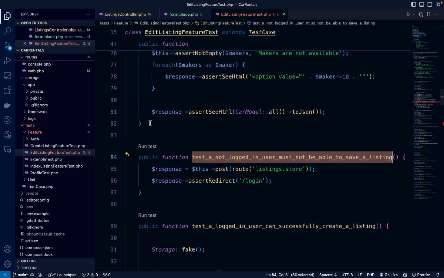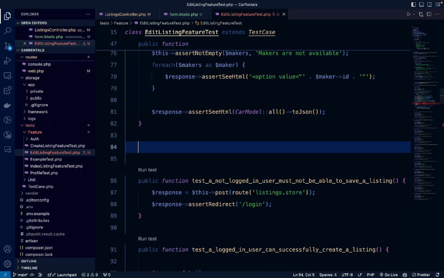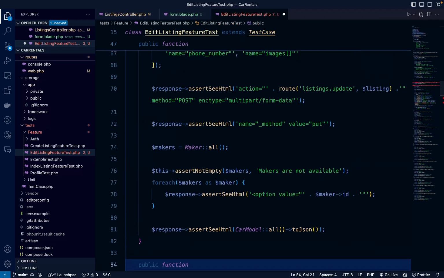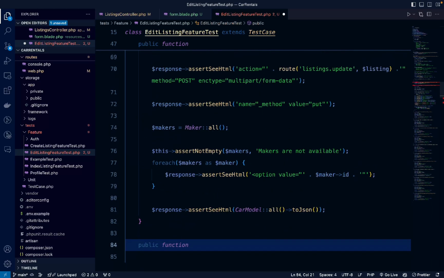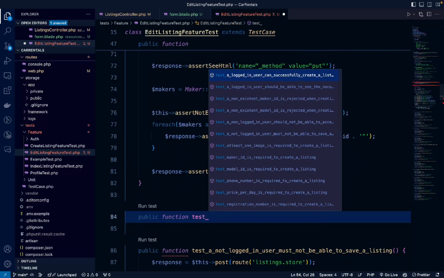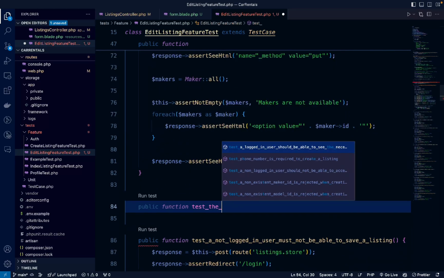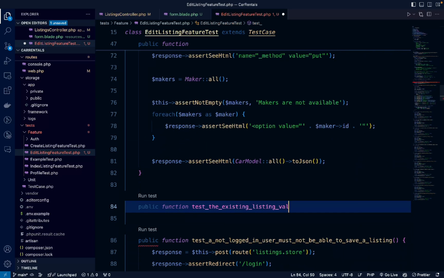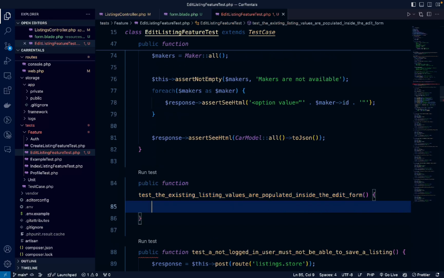So before we go over there, I'm going to create a test to make sure that the existing values are populated inside of the form. So let's say test, the existing listing values are populated inside the edit form, and